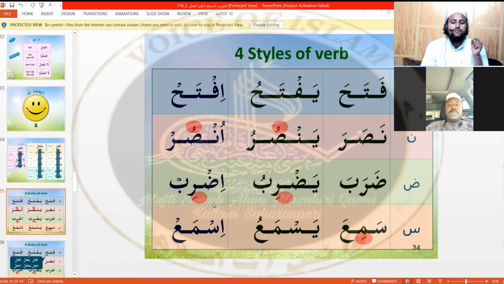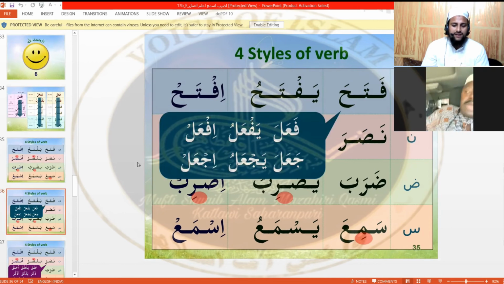Idrib has just one change, kasra under ra. And isma' is just similar to iftah.